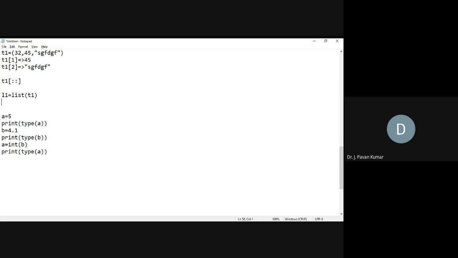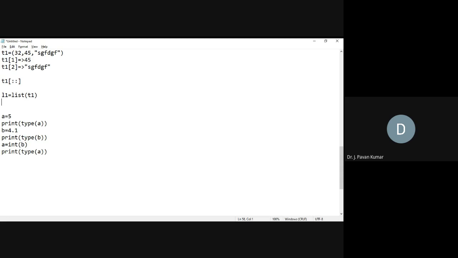Understand why we are converting into list: as a tuple is unchangeable, it is immutable, we cannot modify any element in the tuple. In order to modify any element, we have to convert into list, then we can modify or append anything and use it for temporary purposes, like we can print it or perform some other operations as well.